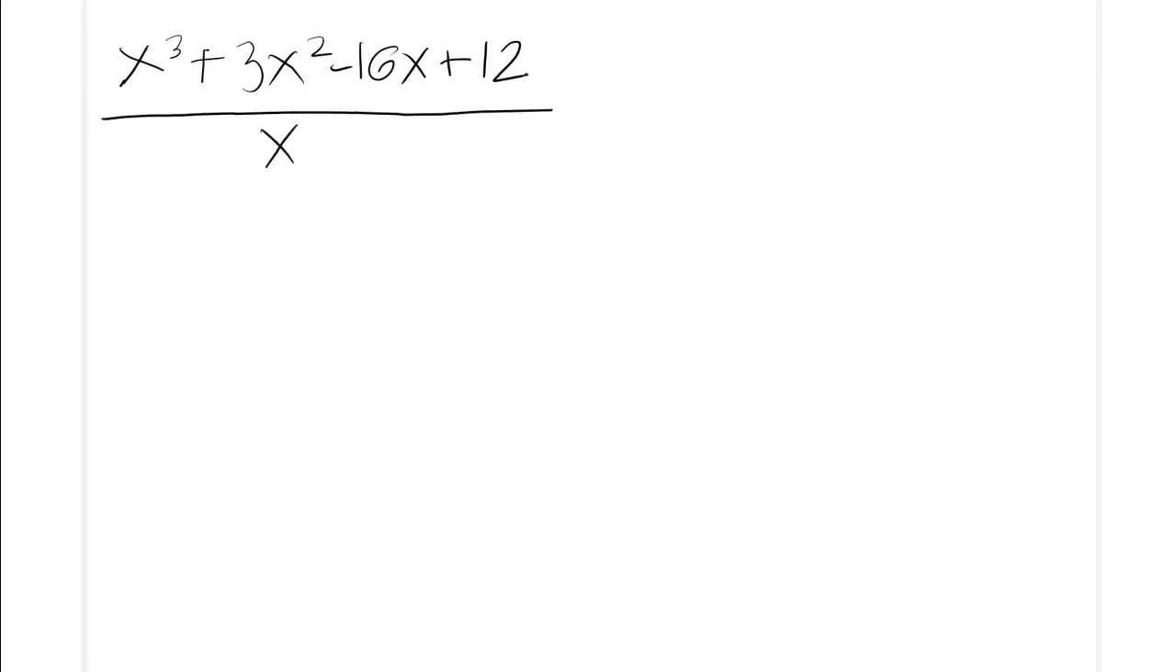Okay, so let's work on another equation. So that would be x cubed plus 3x squared minus 16x plus 12 divided by x minus 2. So we do what we did earlier. We equate the denominator to 0, so we will get x minus 2 equal to 0, so x is equal